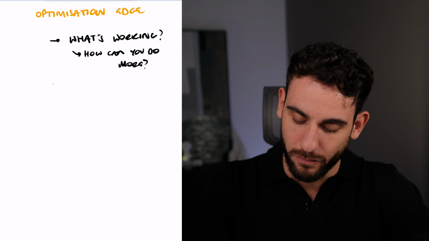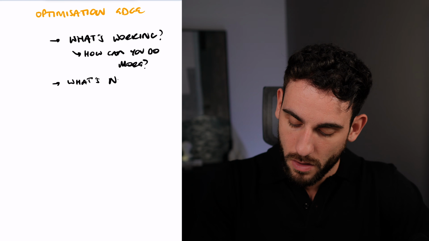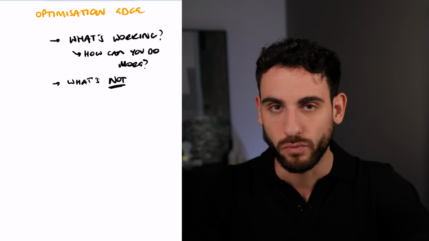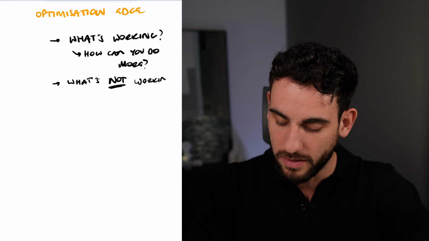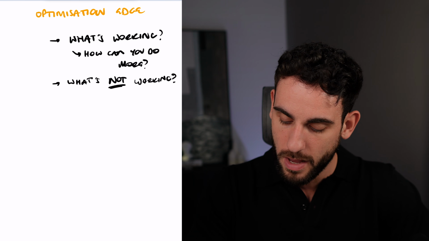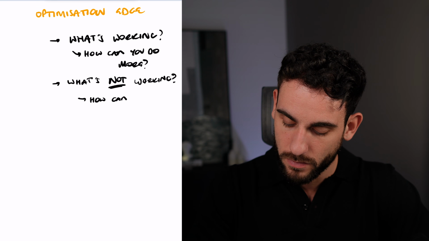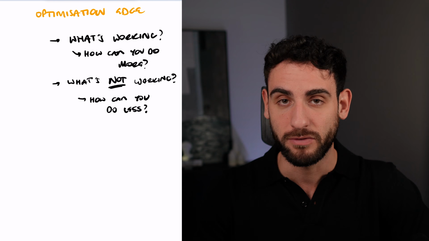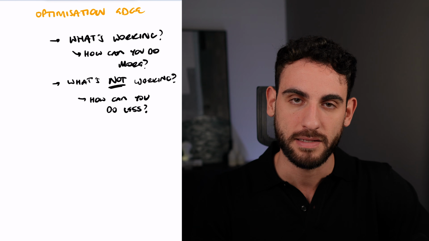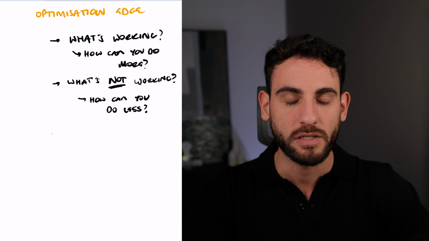And then also ask yourself, what's not working? What are you trading that just doesn't respond well to your strategy? What times of the day or times of the week do you trade that just aren't very profitable? And how can you do less of these things? So what you're doing is having a look at the data you probably never look at, and you're optimizing based on real data you have with your particular strategy to make refinements